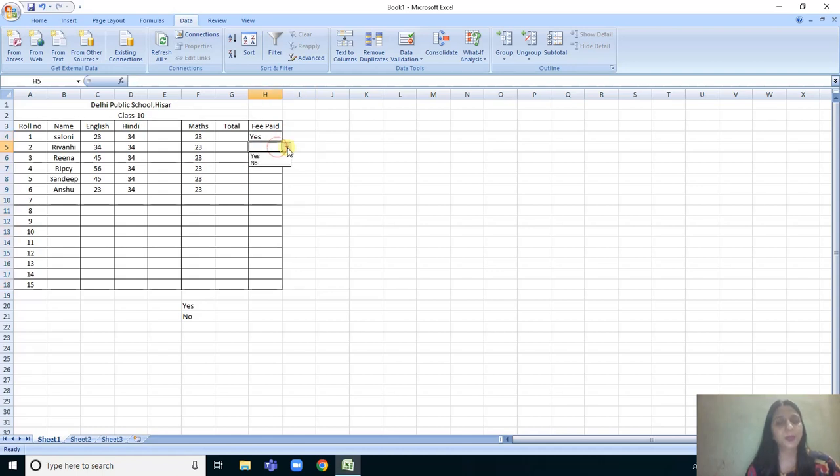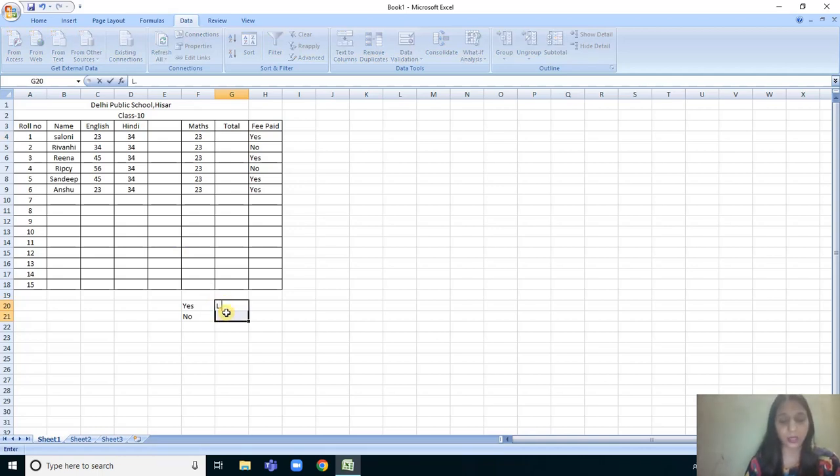See, this way you can insert values. It's not necessary to keep only 2 values, you can keep as many values as you want. For example, values like late admission or medical leave. If you want to put these values in the marks, you can also save them in your list.